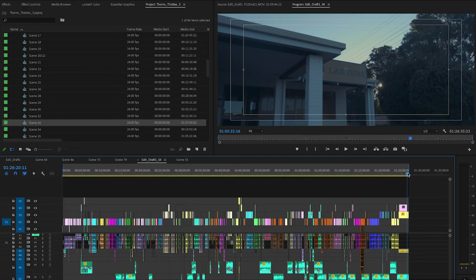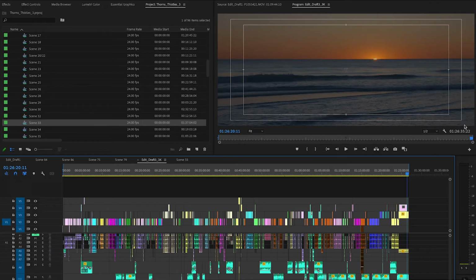It's currently sitting at 86.5 minutes, which is pretty close to where I wanted this film to sit. I don't really want it to be shorter than 80 minutes. Don't really want it to be too much longer than what it is now, so I think we're sitting pretty good. What I've done now is you get to a point in your edit